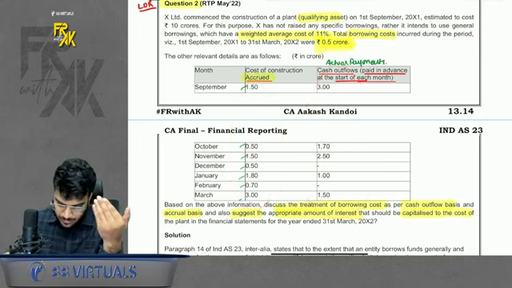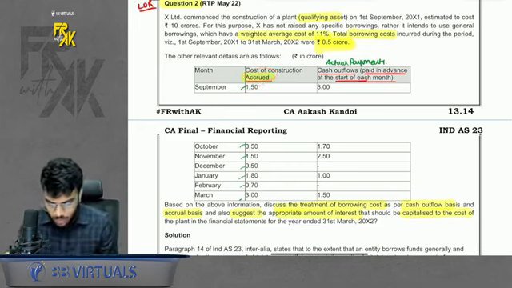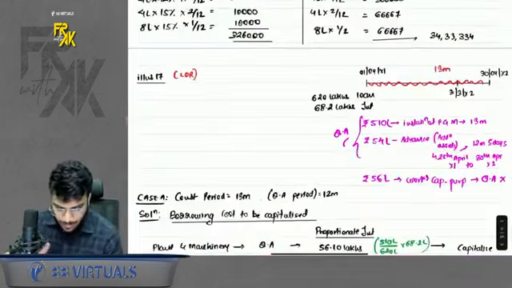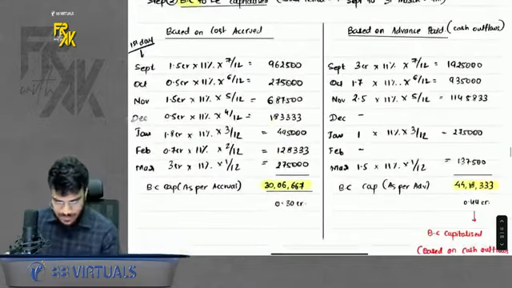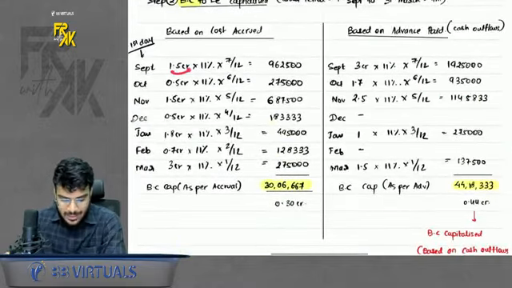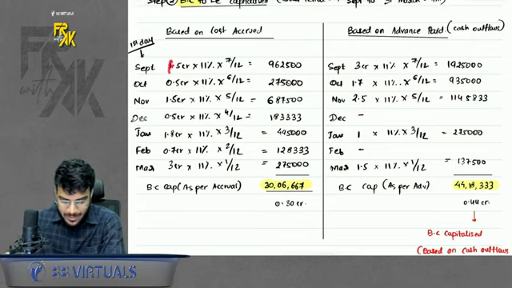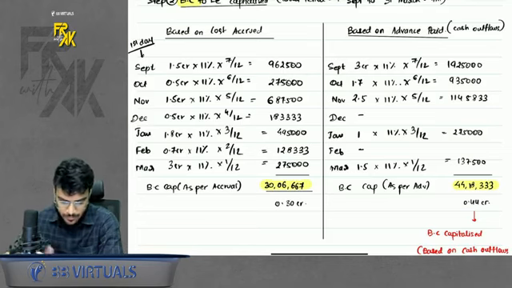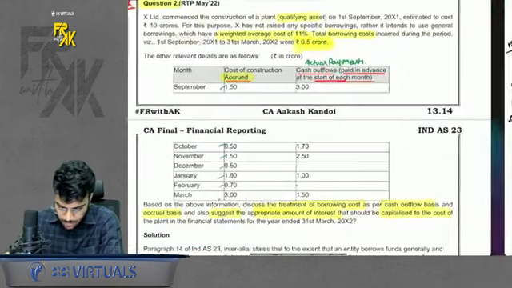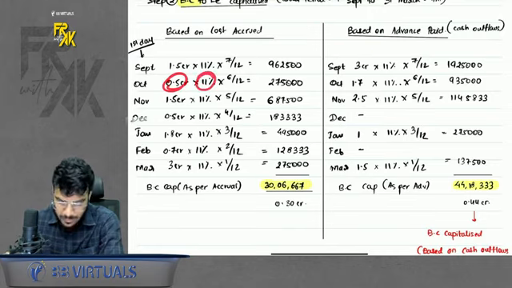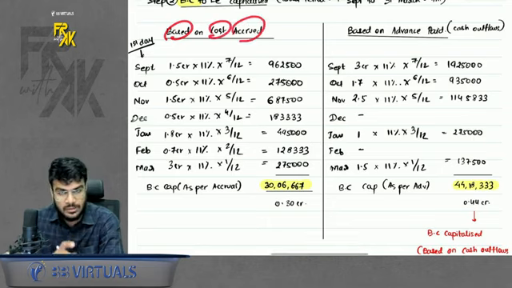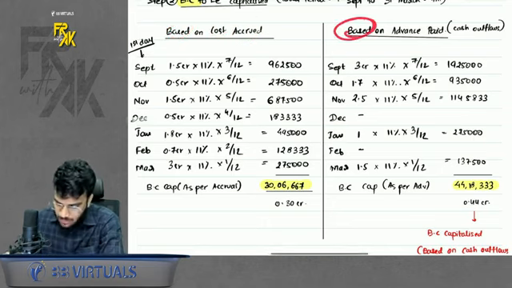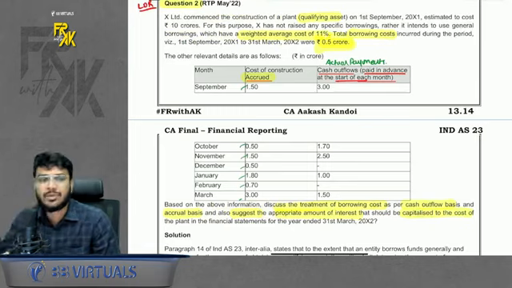If you take the cost accrual approach, how much borrowing cost will you capitalize? The calculation is very simple. You incurred the expense in September, so the September expense into the capitalization rate into 7 by 12. Why 7 by 12? September to March. Then you incurred the expense in October, so October expense into 11% into 6 by 12. So you find the borrowing cost based on the cost accrued first, then find the borrowing cost based on the expenditure actually incurred.